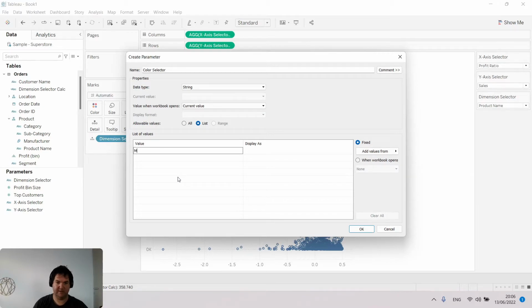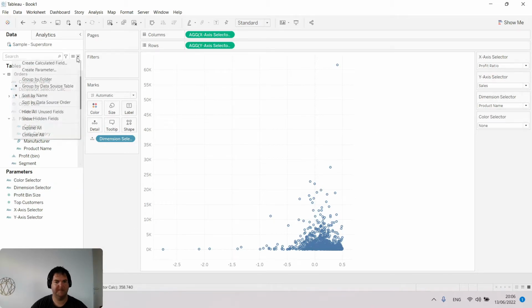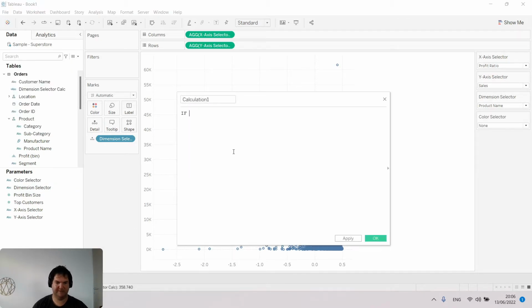So we're going to talk about, first of all, we want none as our first option, just so there's no color, so that all the circles are colored the same. Then we want to have category, because a product fits into one category. We're going to do sub category, and let's do segment. I think segment will affect product. Okay, so let's do that, show it,